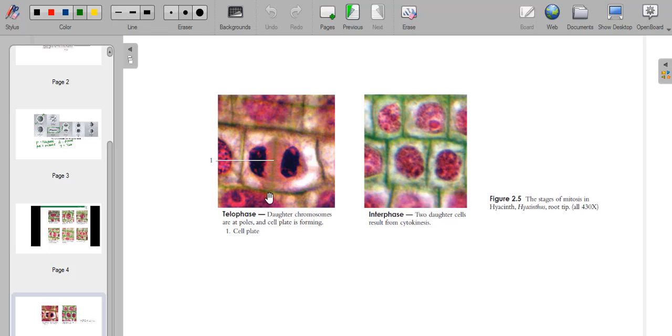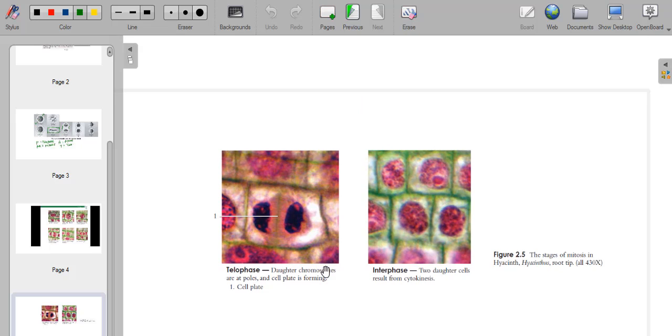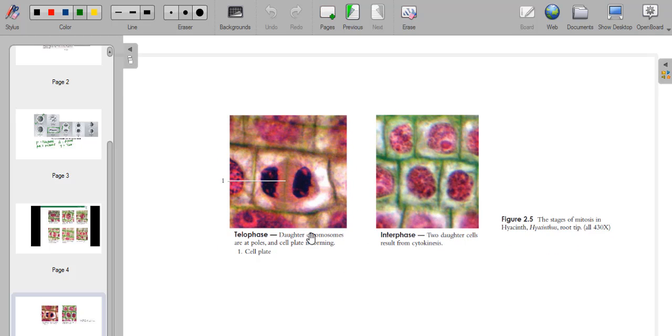In the telophase, you can see the cell plate, because this is an example of a plant, the water hyacinth, at about 430x resolution. You can see clearly how these daughter chromosomes are found. The cell plate is produced, and the cells are separated. Again the condensation is happening, and you may see the nucleolus and nuclear membrane production. And this is interphase. You don't see the nucleus much, and the chromatin fibers are submerged.